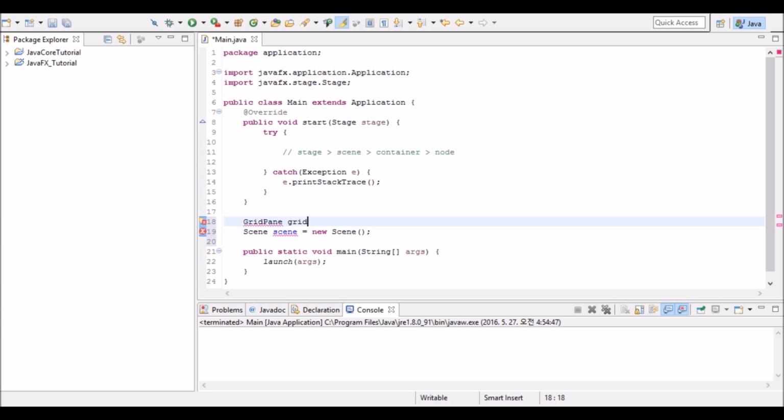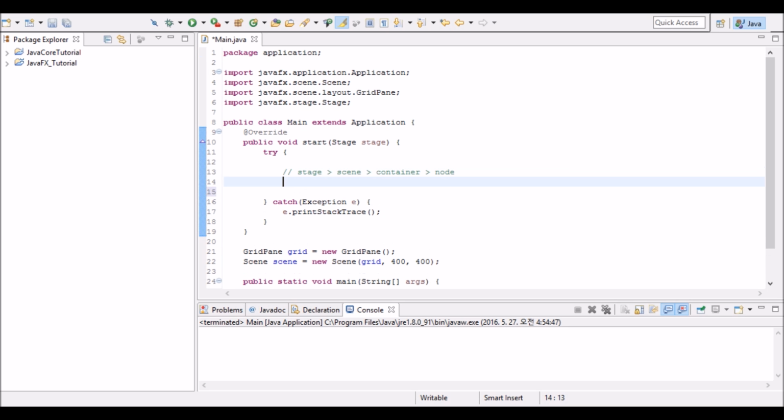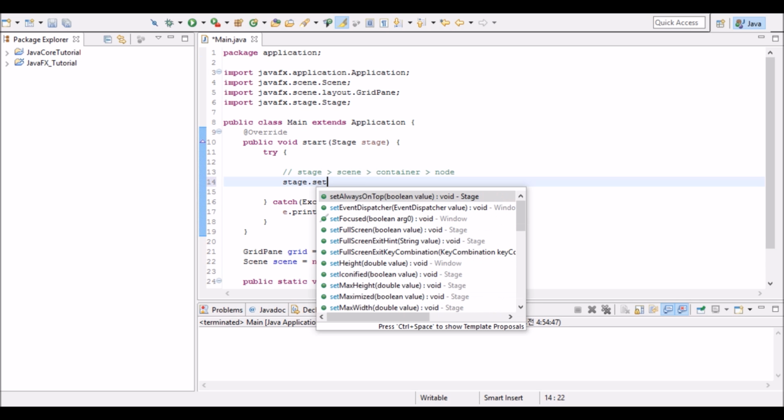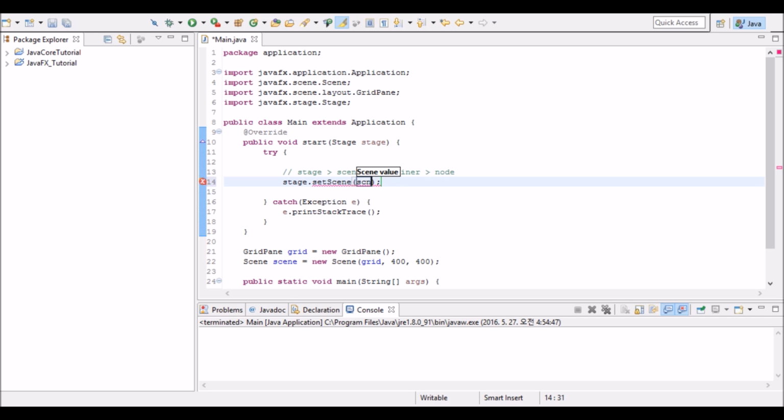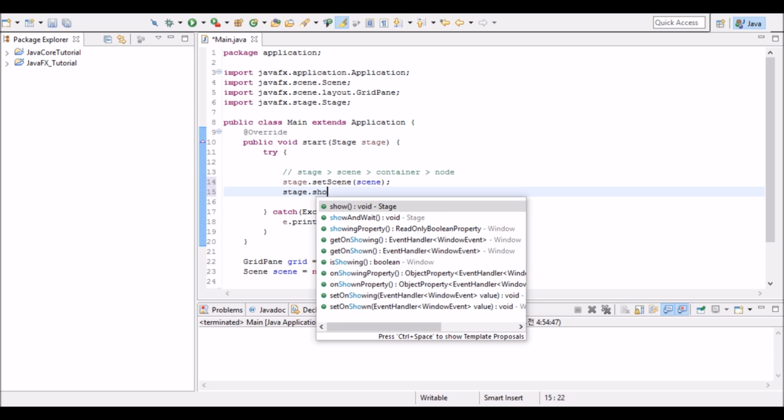I'm gonna call it grid, and Shift Ctrl O to import everything, and let's put grid into the scene, and for the size I'm gonna put 400 times 400. Then let's set the scene, so stage.setScene, and let's put the object, and don't forget to show your stage.